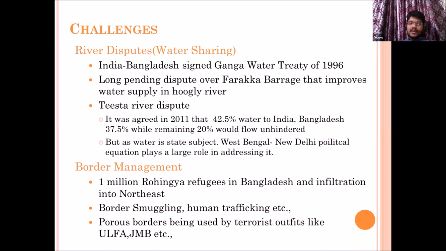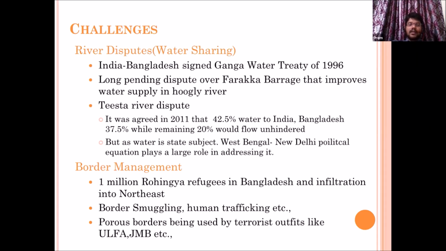As part of border management, the first thing is illegal migration. Illegal migration is a very important issue or challenge between India and Bangladesh. Why? After 1971, there was frequent illegal migration from Bangladesh into Assam and northeastern states. You all know how there were agitations in Assam, and then finally Assam and the central government made an accord called the Assam Accord, according to which right now we are doing the Citizenship Amendment Act or National Registry of Citizens. So the NRC, whatever we are doing in Assam, is basically because of the provisions of the Assam Accord.